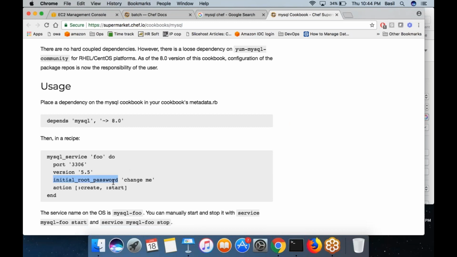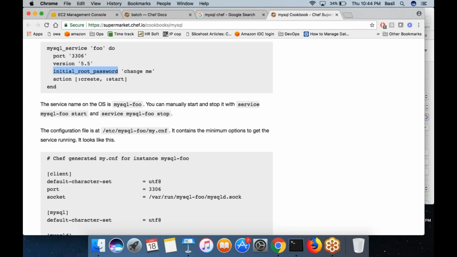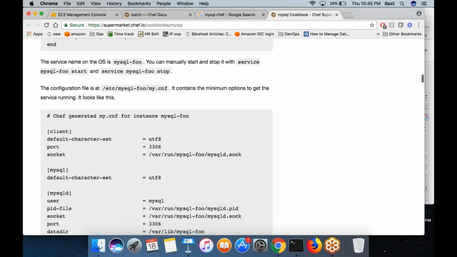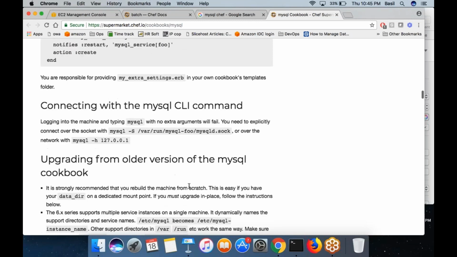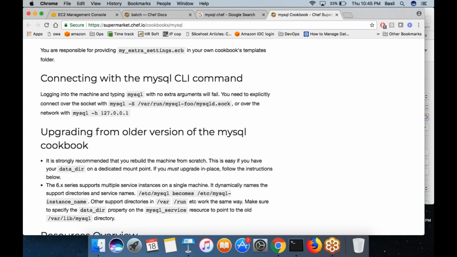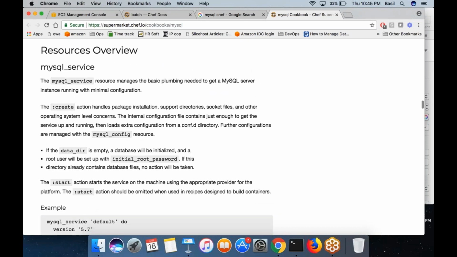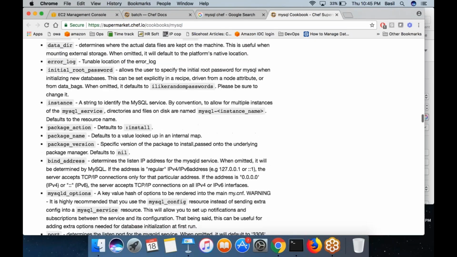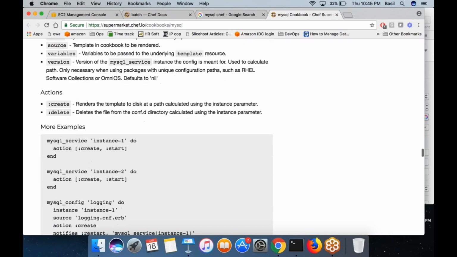Initial root password. Connecting with the CLI, I think you can do it. Okay, basically you need to...